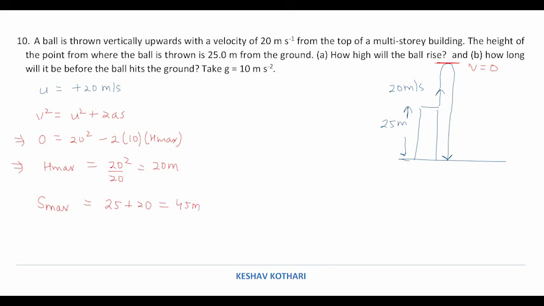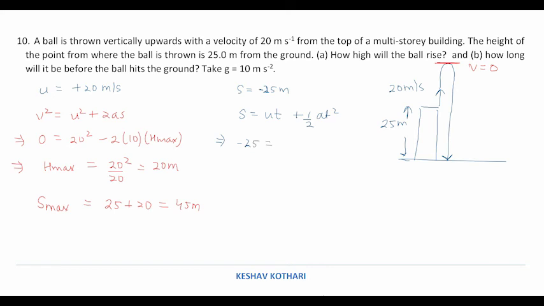Now we are calculating how long it will take before the ball hits the ground. For the ball to hit the ground, the displacement is going to be minus 25 meter in the downward direction. We treat it as s equals ut plus half at square. Downward is written as negative, so we are writing s equals minus 25